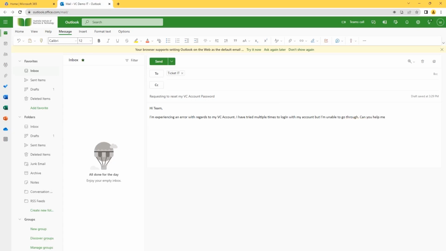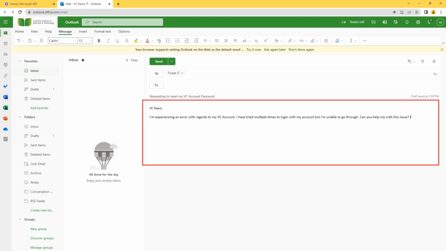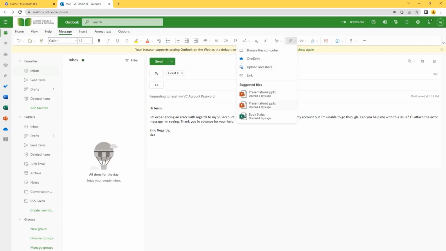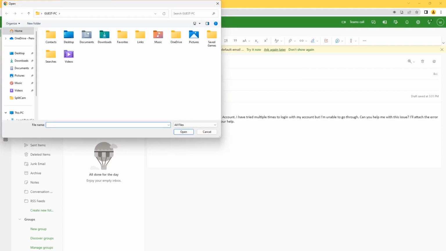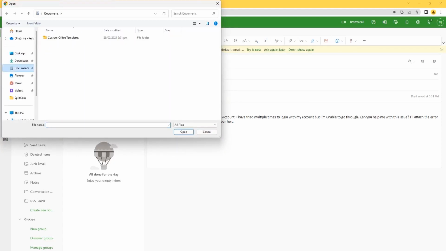In the body of the email, provide a thorough description of the problem or request. Include relevant information such as error messages, steps to reproduce the issue, and any troubleshooting steps you have already taken. If applicable, attach any relevant screenshots, error logs, or supporting documentation to help the IT team better understand and resolve